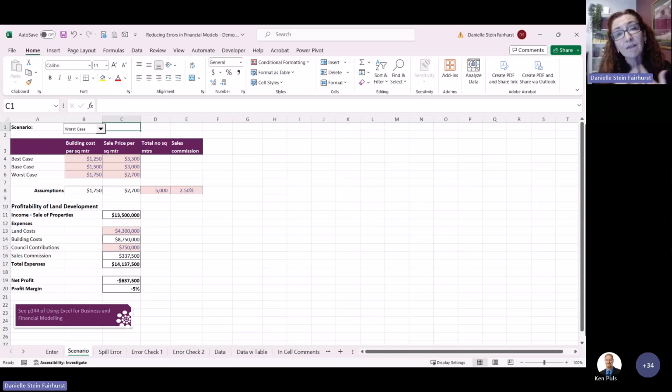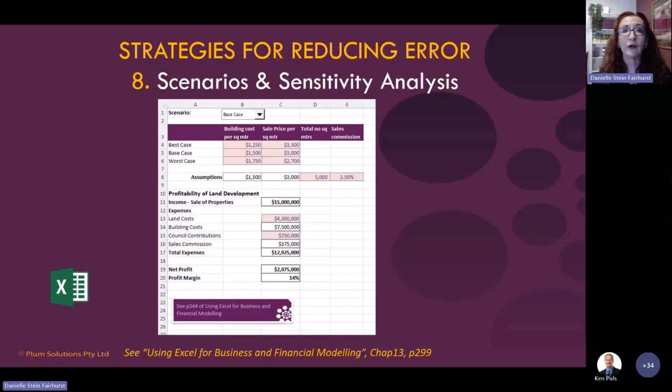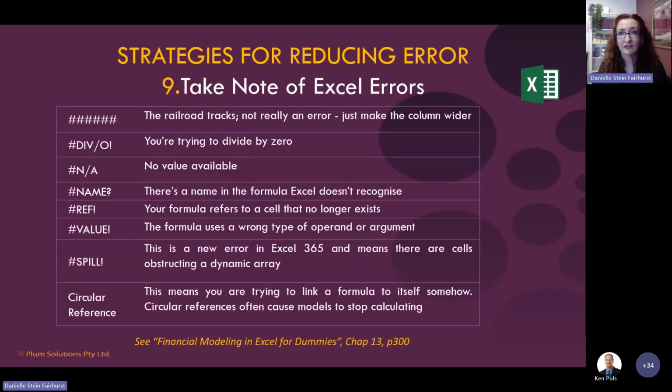And in fact, any good financial model will always have some scenarios in it. I would argue that really the whole point of building a financial model is so that you can build scenarios, and if you structure the model properly, where you have one single input that drives all of the formulas, then building scenarios is not going to be that difficult. So moving on to the next one, strategies.